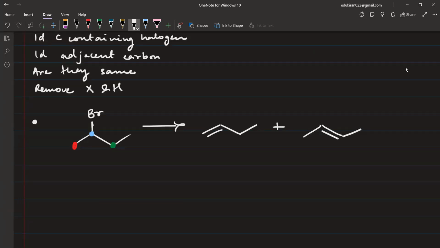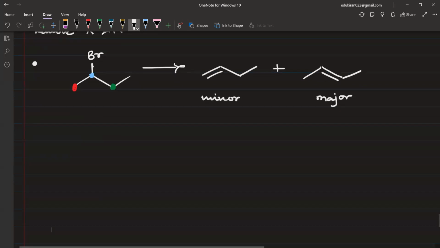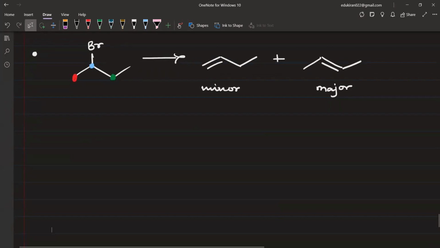ठीक है, now this is going to be minor, this is going to be major. आप बोलिएगा क्यों, हम बोलेंगे नेक्स्ट क्लास। अभी प्रोडक्ट बनाने पहले सीखते हैं, उसके बाद will understand why this is major and why this is minor. Okay, now you write here the major product